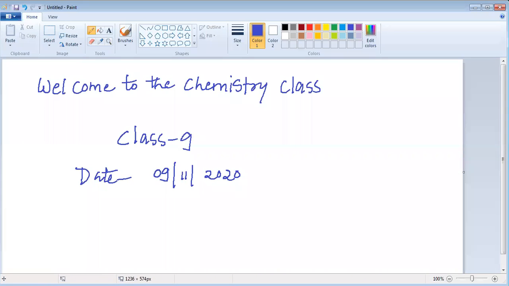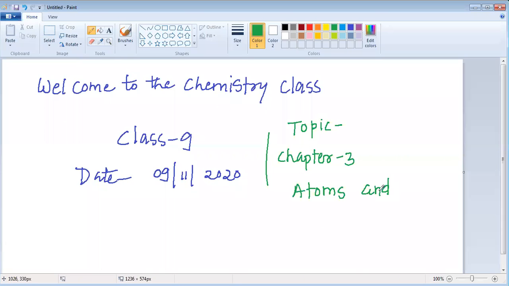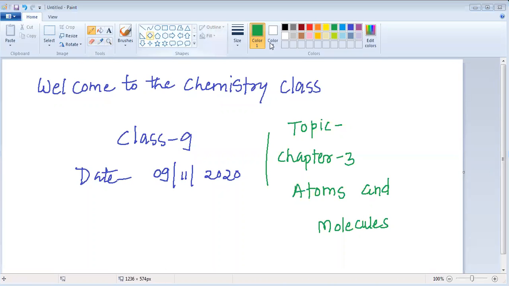In today's class, we are going to study the topic of Chapter 3. The name of this chapter is Atoms and Molecules. तो बच्चों आज हम एटम्स एंड मॉलिक्यूल्स के बारे में पढ़ने जा रहे हैं। तो चलिए आज की पढ़ाई स्टार्ट करते हैं और